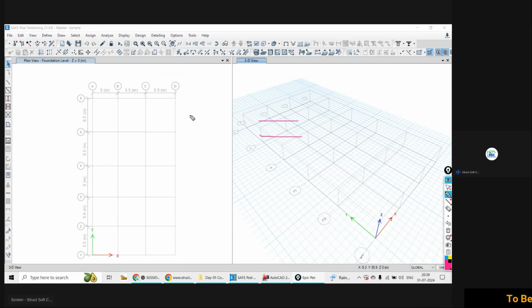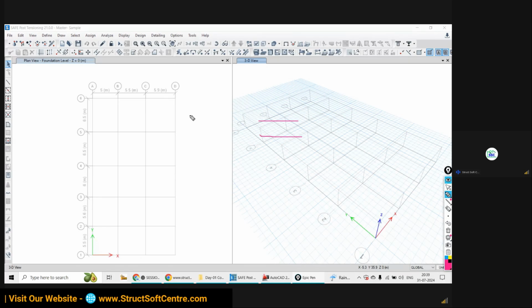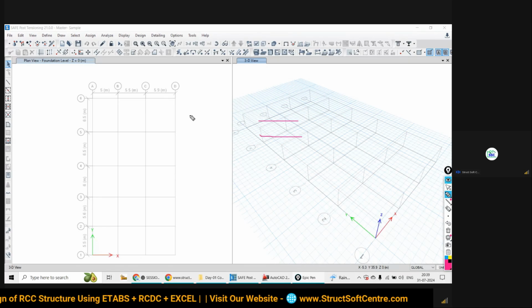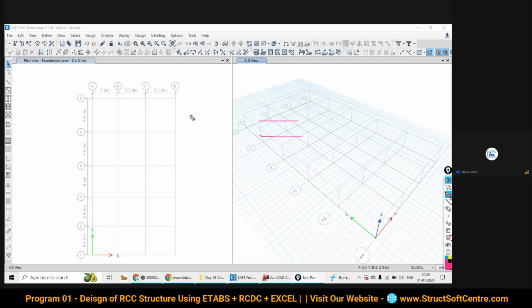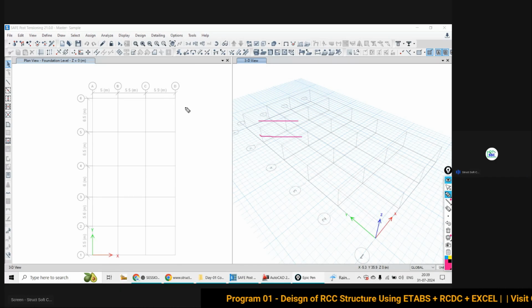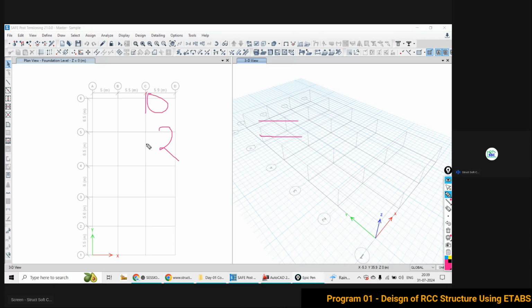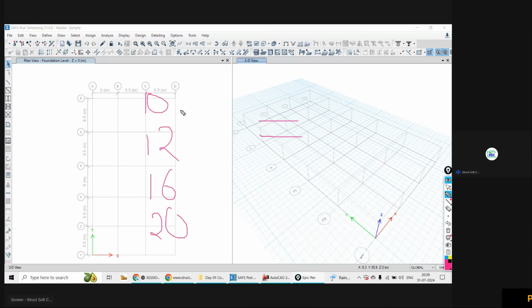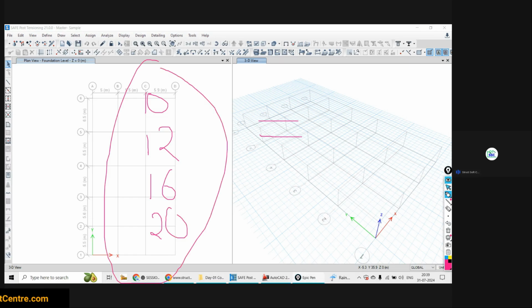You will say that, sir, I don't want to go beyond 20 diameter of bar. मैं ये प्रोजेक्ट में 20 के डायमीटर के बाहर यूज नहीं करूंगा. Actually, it depends on the design requirement, but at initial stage, if suppose you are going to set some limit, so for that, suppose I can use the 10 dia, I can use the 12 dia, I can use the 16 dia, and I can use the 20 dia.